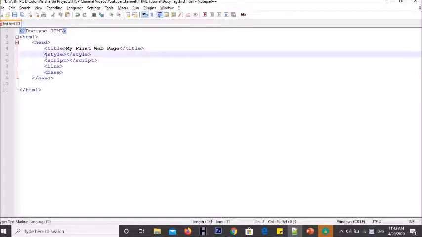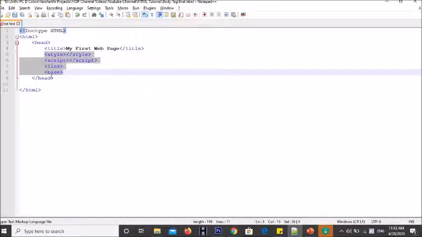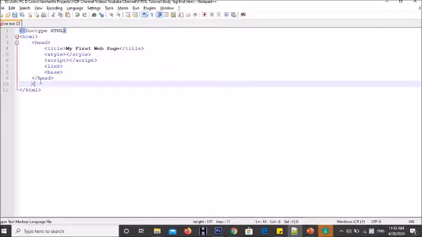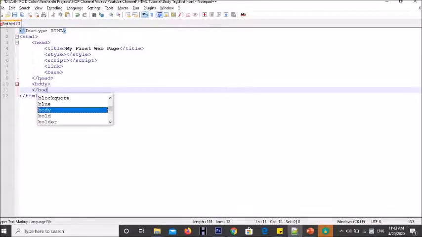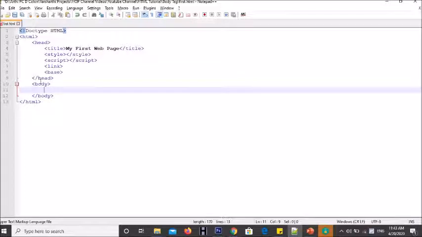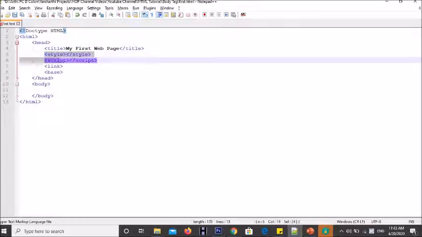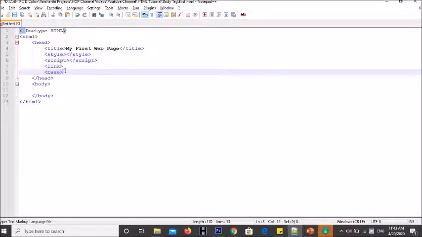We can have the demonstration of these tags only after exploring the body tag, because as I have told you before, the body tag comprises all the information that is viewed by the user. So we need to add some content to our web page so that it can be formatted or validated. So after exploring some of the tags that can come inside the body tag, we can have a demonstration of the style, script, link and base tags, right?